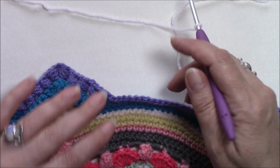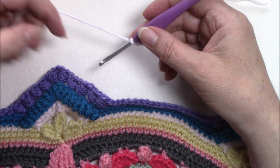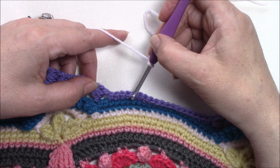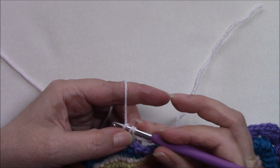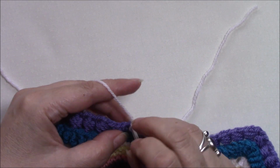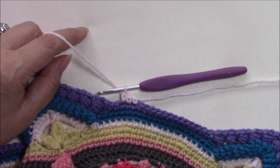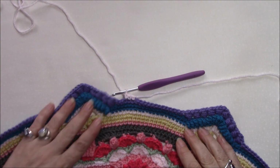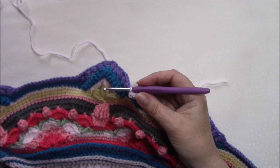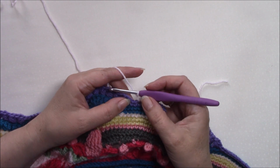Okay, so we're going to start by joining with a standing single crochet in the 5th single before any point group. 1, 2, 3, 4, 5. Okay, and then single in the next 2 stitches. Okay, so we've then got 2 single crochets left to work into, or to skip in this case. Okay, so now we start our repeat, and we are going to skip those 2 stitches,